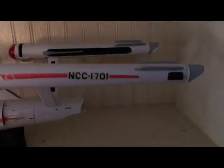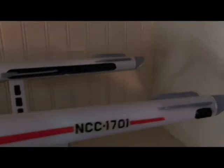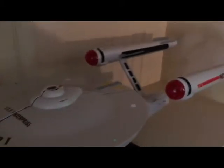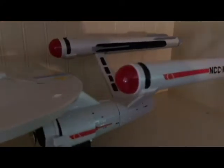And as you can see, the other half on the other nacelle, and this nacelle is on. Let me tell you about the little tabs that I had to make to keep the pieces together. Like I said, this ship, it's awesome. It is awesome, but the pieces didn't hold together very well. So let me, if I can, without holding the camera,